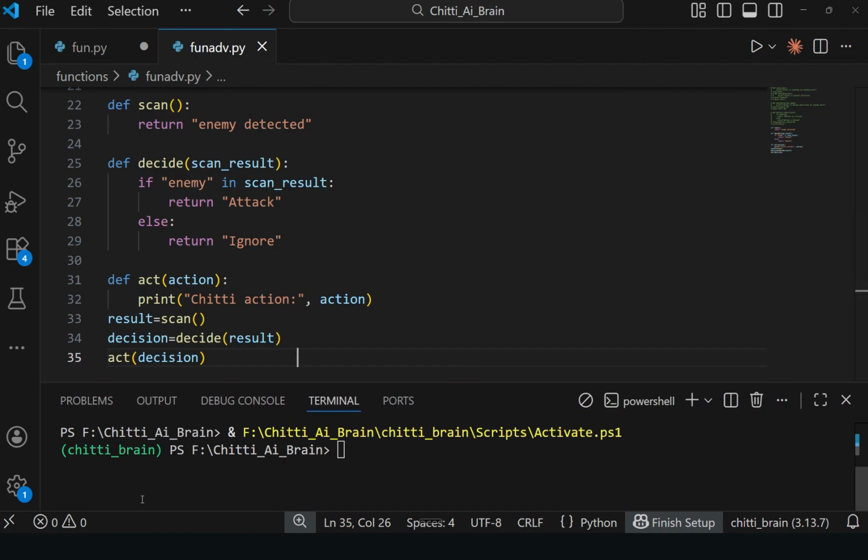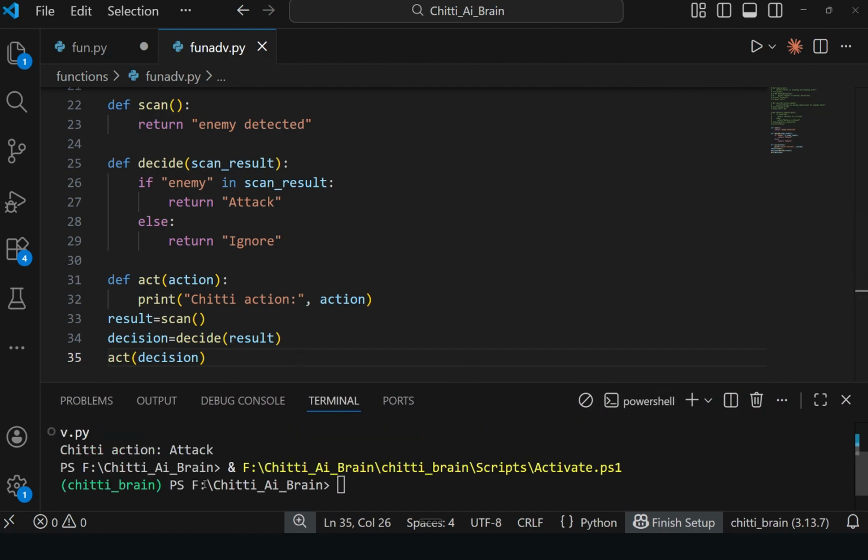That's why we got Chitti action attack mode. Simply a single answer we will get. Upcoming we will learn some more advanced LLM-related topics, and we will get more clarity. Just be patient and listen, try to understand, try to learn, and practice. Now let's see the generative AI perspective.